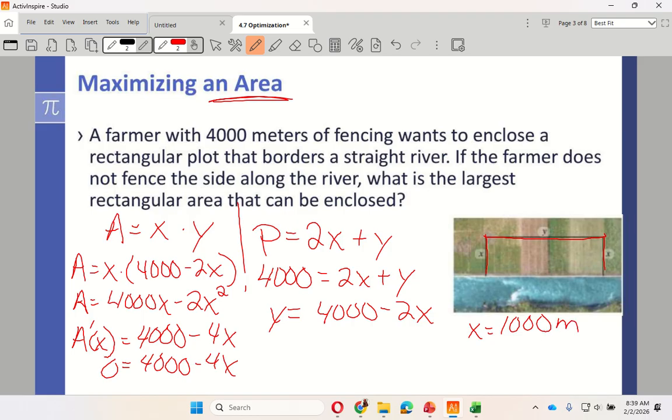All right, so let's take a look. If x equals 1,000, that means there's 1,000 right here and 1,000 right here. So what's in the middle? 2,000, right? Because all together it has to add up to 4,000. So that means that my y value